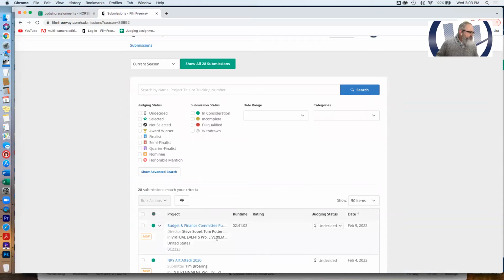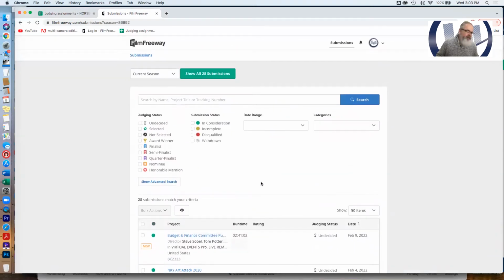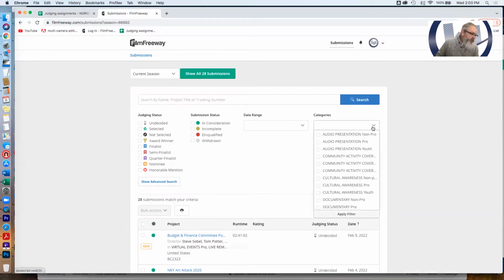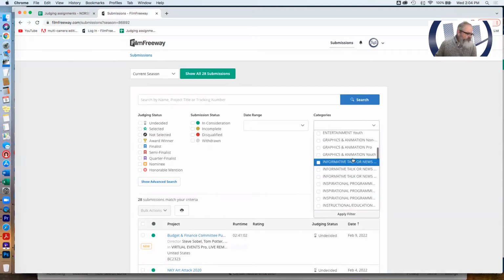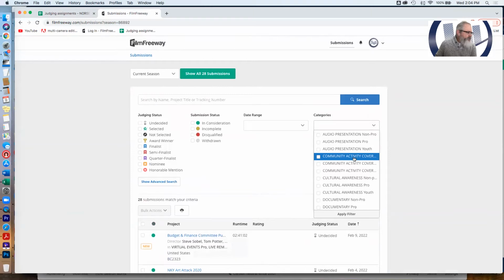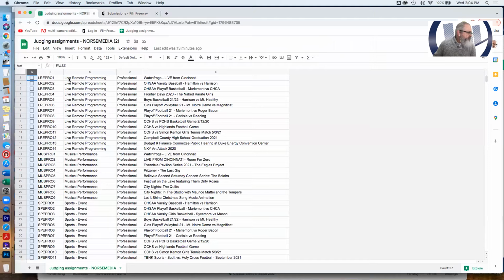Since there's no real order, if I'm going to go quickly to a certain category, that's pretty easy to do in Film Freeway. If I just go over here to this drop down under categories, it's going to list all of the categories that are within Film Freeway. Okay, so let's say I go back to my cheat sheet, and I'm going to see that the first